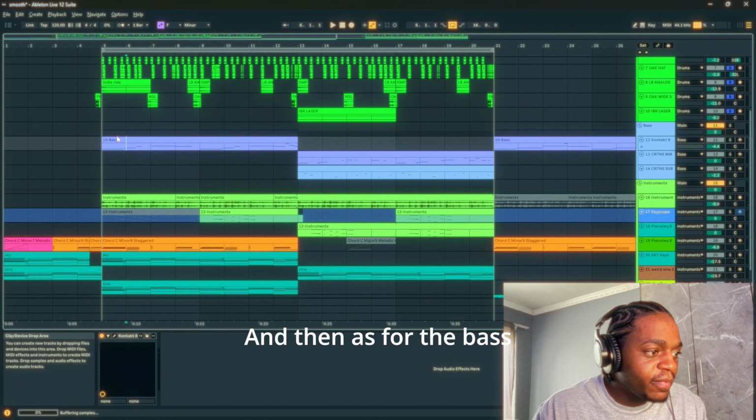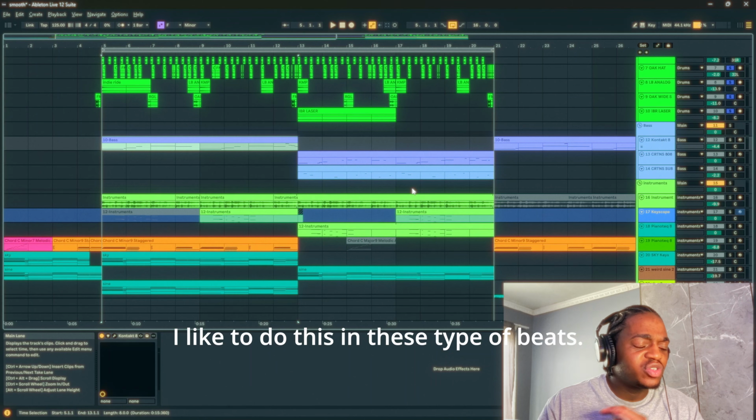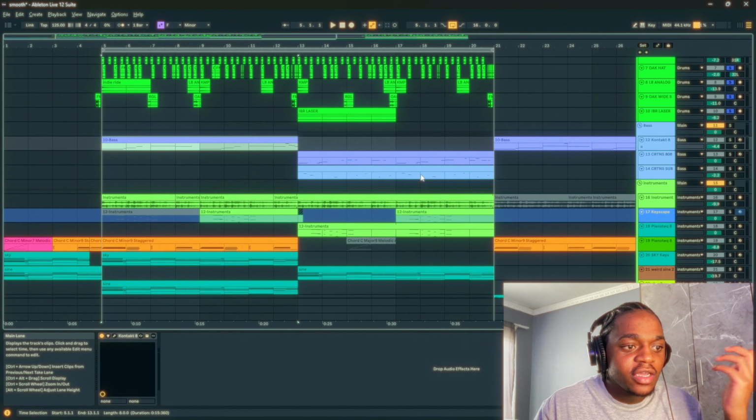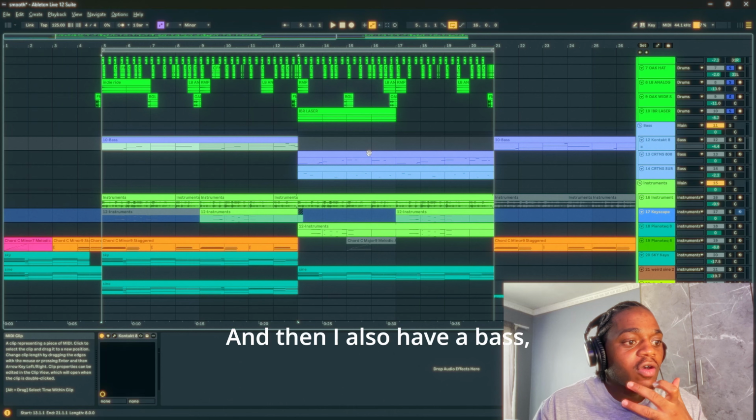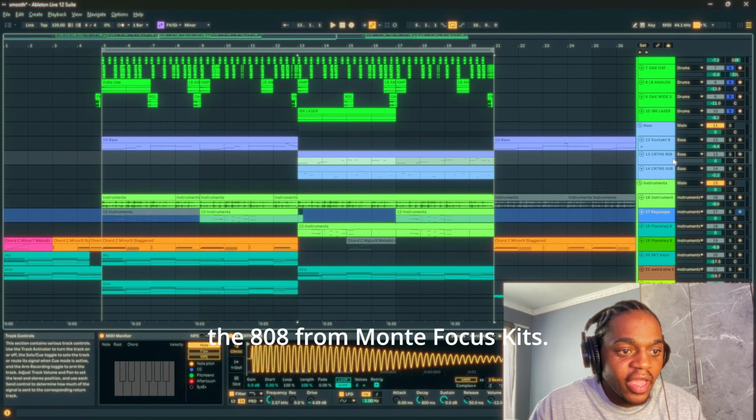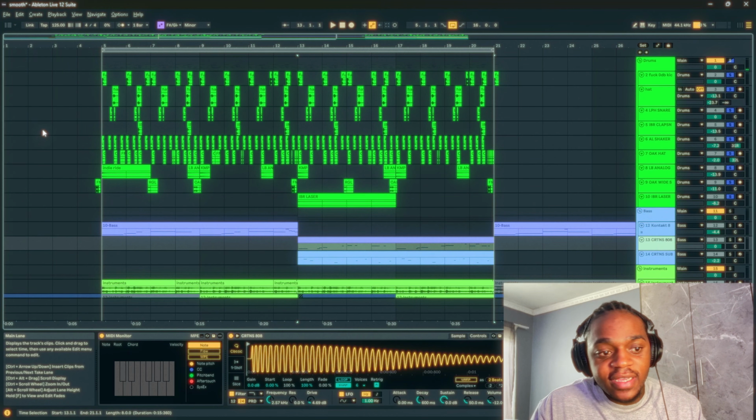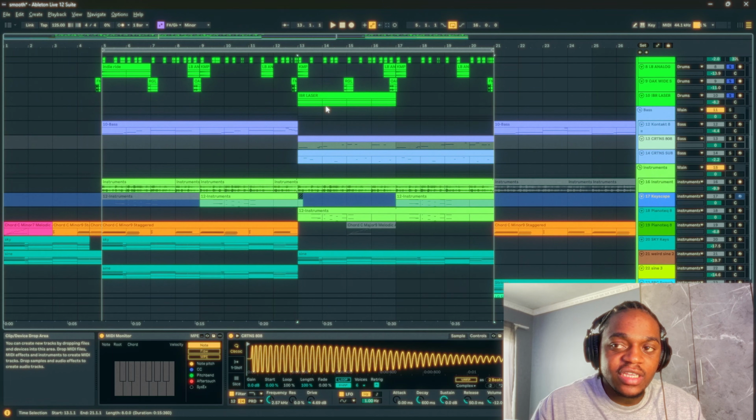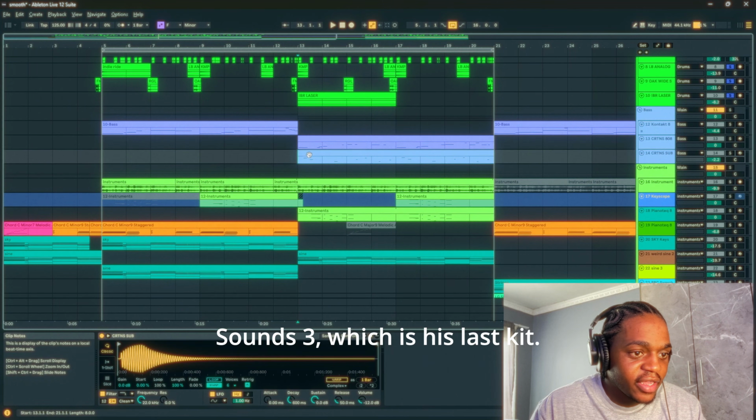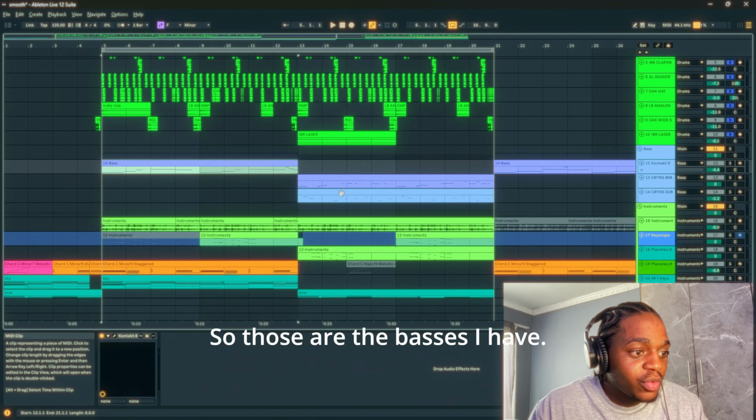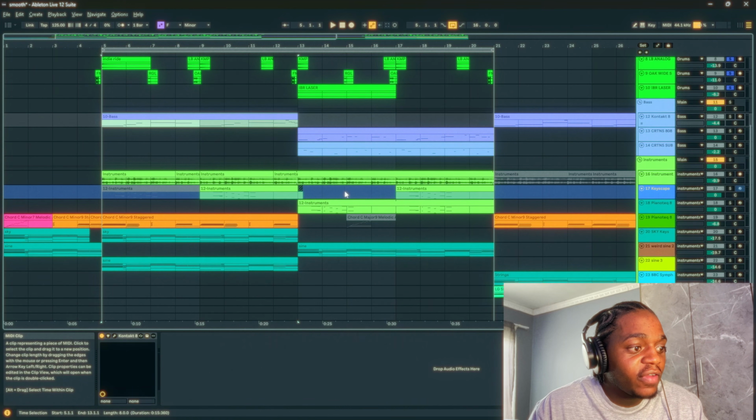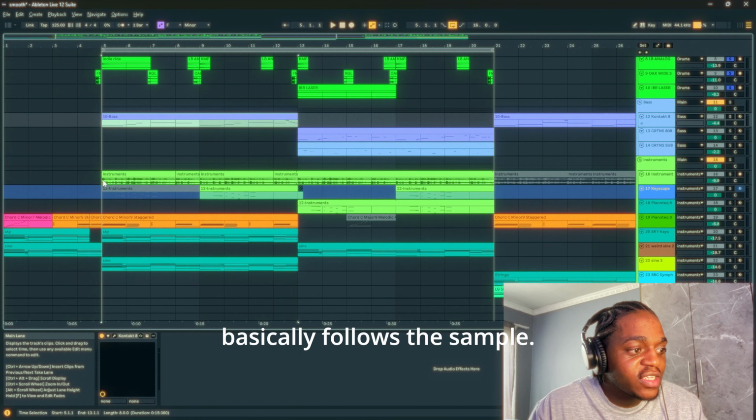And then as for the bass line, I have two basses. I like to do this in these type of beats. So I have a bass from Kontakt, which is the Scarbee Rickenbacker. And then I also have the 808 from Monte Booker's Sounds 3, which is his last kit, and that's where the drums come from as well. He said he's not dropping any more kits. So those are the basses I have, and this bass basically follows the sample,